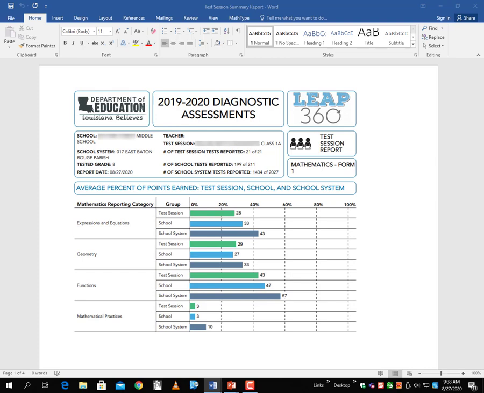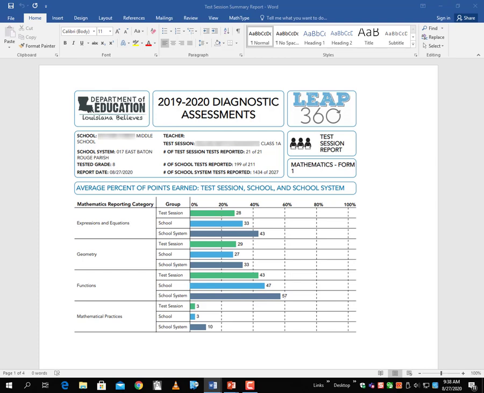That's what that means. Now, if you look at the next and see where it says number of school tests reported, so for this particular school, there were 211 students in the test sessions. As of this report, only 199 completed all sessions, and the teacher scored the responses,